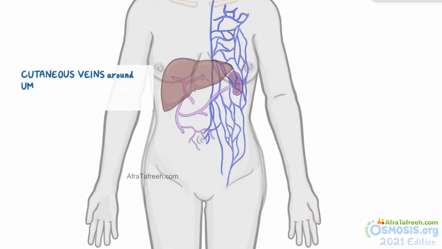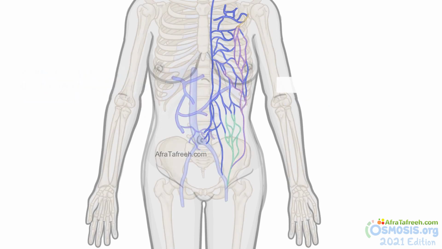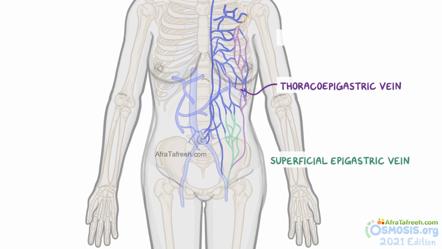Cutaneous veins around the umbilicus anastomose with the para-umbilical veins, which are tributaries of the hepatic portal vein. A superficial anastomotic channel may exist laterally called the thoracoepigastric vein, running between the superficial epigastric vein and the lateral